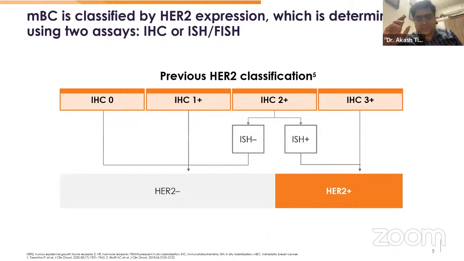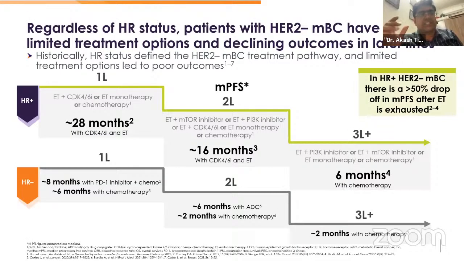In this subgroup currently, how we divide these patients is into those which are HER2 negative or HER2 positive in terms of HER2 classification. And the HER2 classification essentially is that patients who are HER2 0, 1 or 2 plus with FISH negative are all categorized as HER2 negative versus